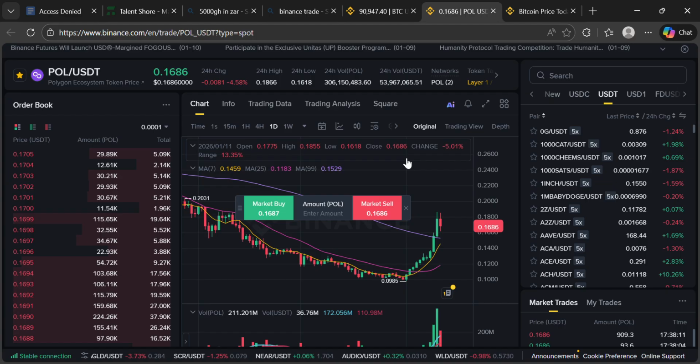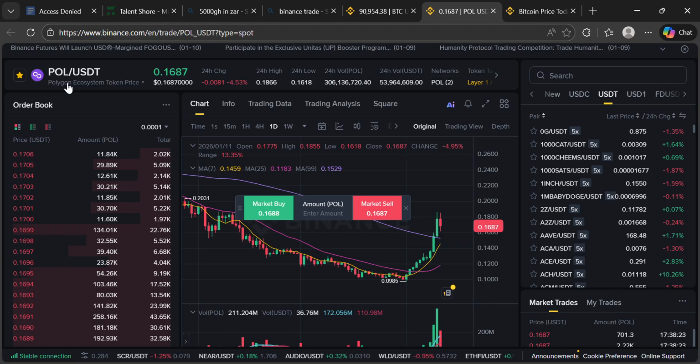So let's start off with what you see at the top here. The thing that you see at the top is called a coin pair. Someone asked me, what's the meaning of a coin pair? A coin pair means that it's two coins that are paired together, meaning that you get to trade the one using the other. You get to buy the one using the other. Don't get it confused. So for instance, right now it's on poly,